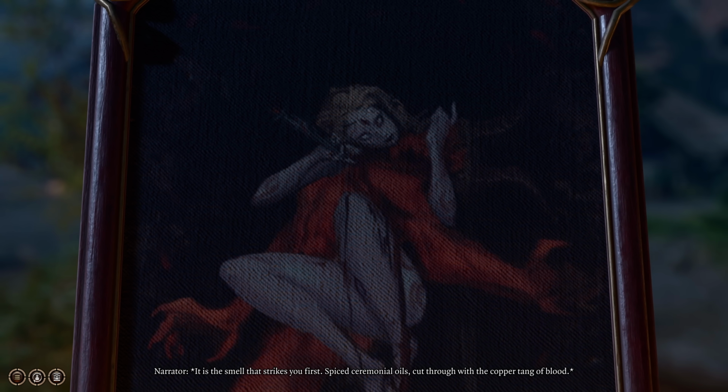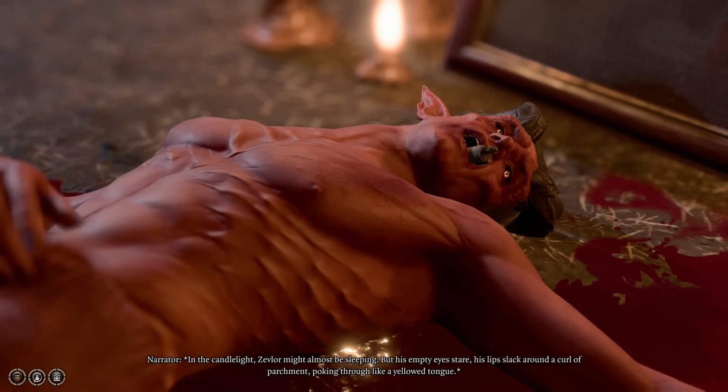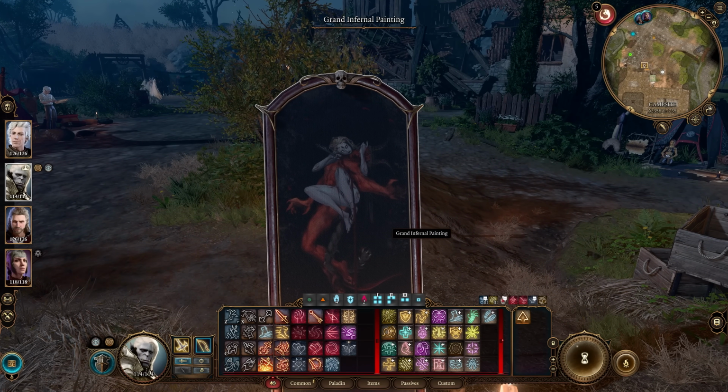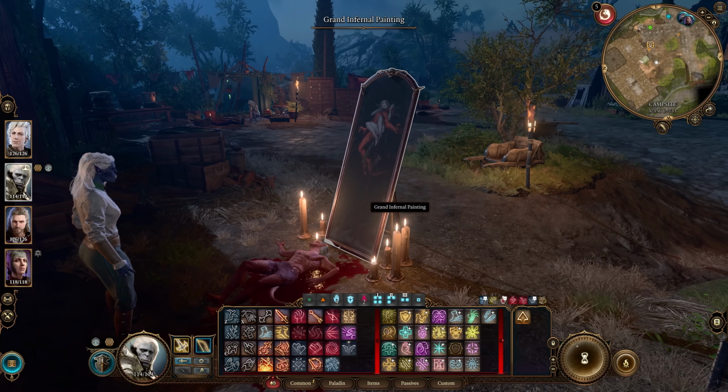First up is the Grand Infernal Painting, a depiction of Orin slaying Zevlor gifted to you by Orin herself, one of the rarest items in the entire game. Beneath the portrait lies the dead body of Zevlor with a curl of parchment in his mouth. Orin found and executed Zevlor in a sickening Bhaalist ritual and drew a painting depicting the act named the Grand